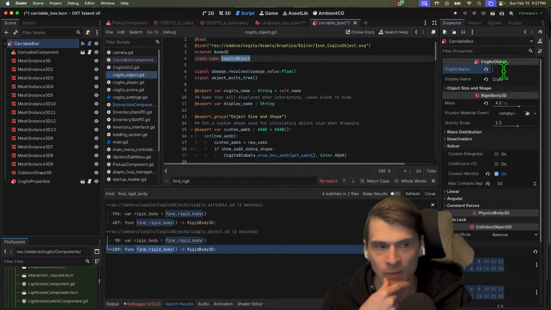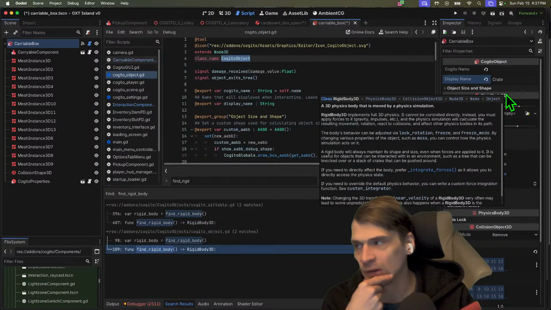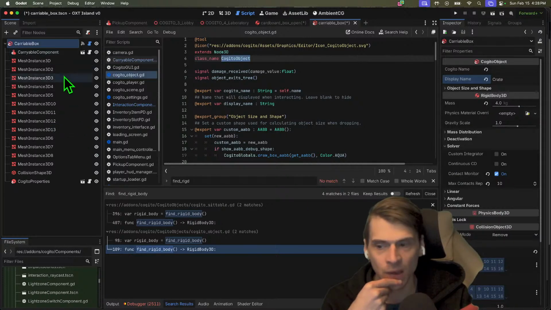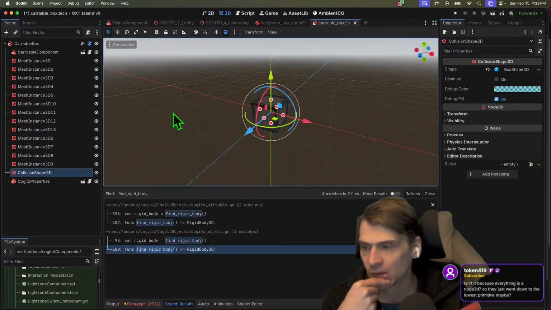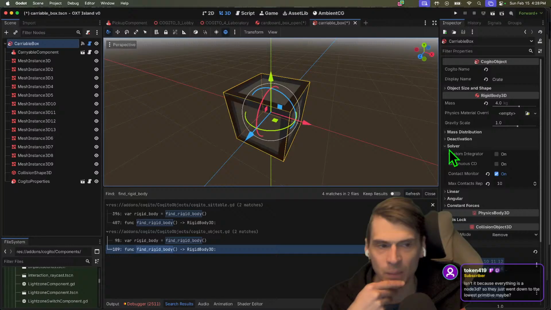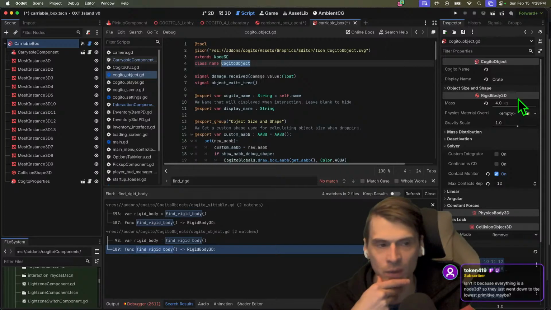Godot object has object name, display name, and then object size and shape. Sure, but this right here indicates that it's a rigid body, and it would have a collision shape. Yeah, obviously. It's because everything is a Node3D. Yeah, they went down to the lowest primitive, but how do they get the rigid body properties? How do they get all of the behaviors like mass distribution, deactivation solver, all this stuff, the continuous contact monitor, the contacts max? Like, tell me, how did they get that onto this script without directly